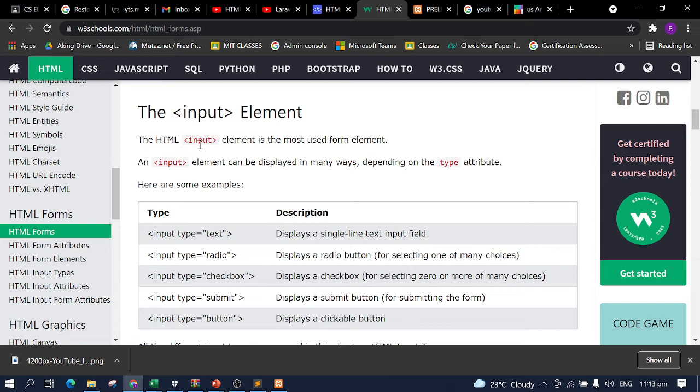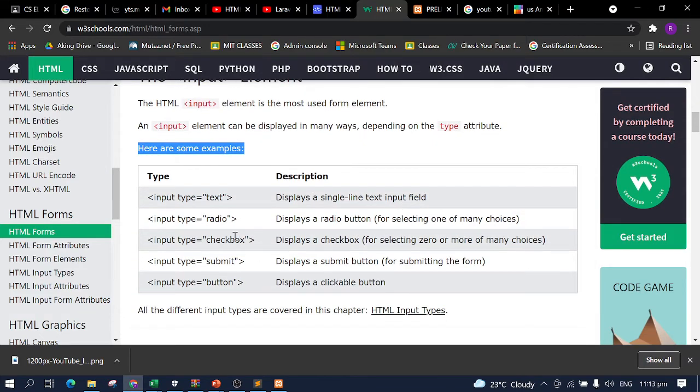So the HTML input element is the most used form element. An input element can be displayed in many ways depending on the type attribute. So here are some examples. Take note of this. So input type,